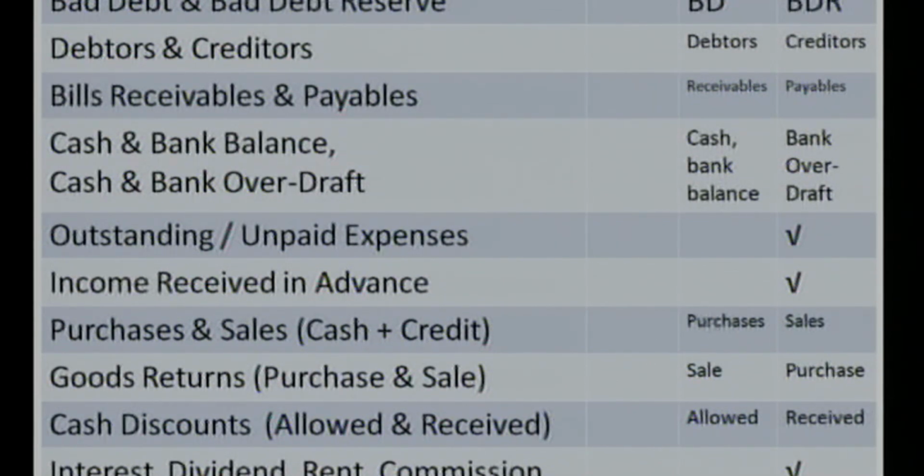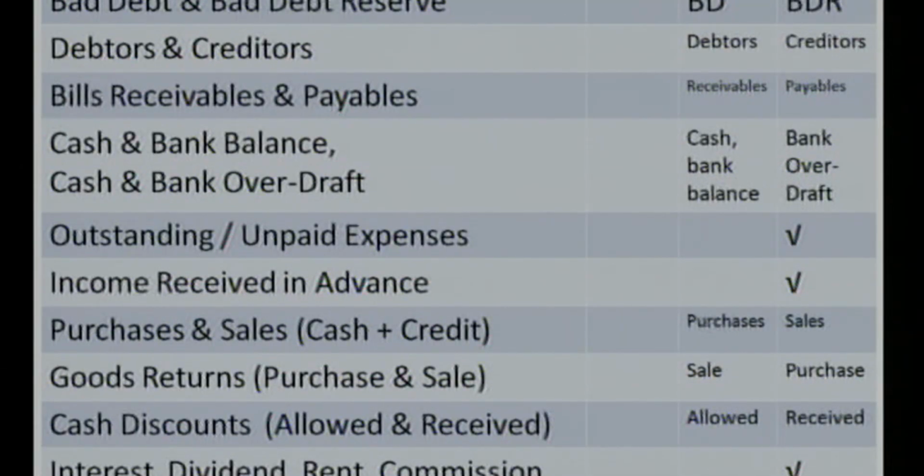Cash and bank, at the same time you may be given cash and bank overdraft. If it is the cash and bank balance, then both of them are the assets of the business, so both of them bear the debit balance. But if it is mentioned in the example that cash and bank overdraft, it means that cash being the asset has the debit balance, and bank overdraft being the liability of the business, it bears the credit balance. So if it is bank and cash balance, then both of them have the debit balance. But if it is mentioned that cash and bank overdraft, it means that the debit balance is the cash balance and credit balance is the balance related with the bank overdraft.